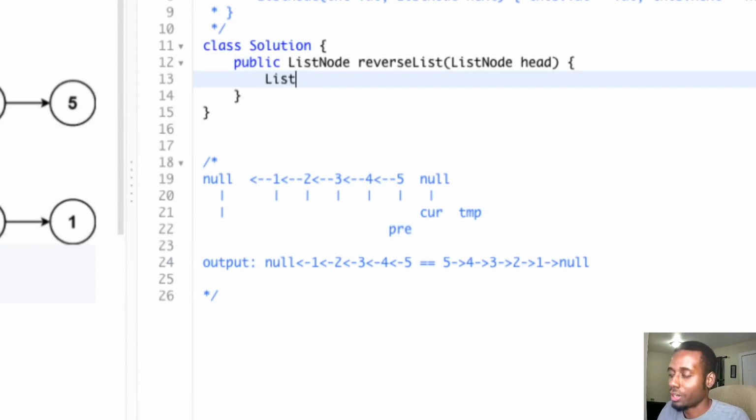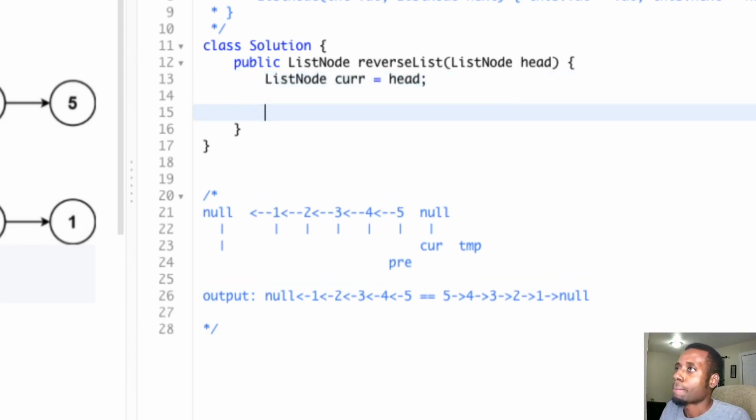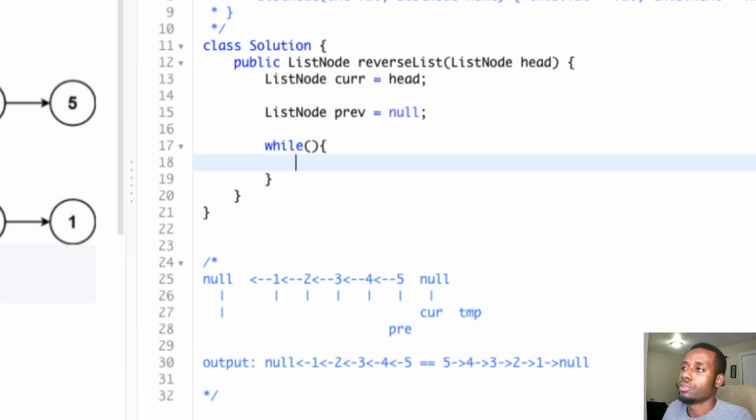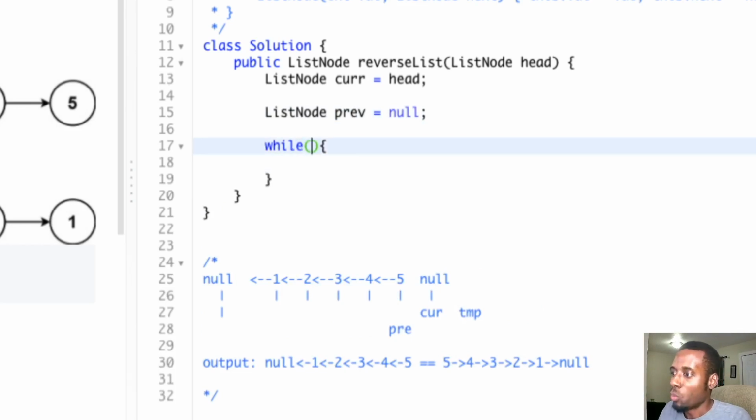So now, guys, we're going to take a reference of the head, right? So now that we have the reference, I told you guys we're going to need to introduce those kinds of variables. So we're going to need a previous variable, which is initially equal to null, right? Now we're going to have this while loop that's going to be very beneficial to us, okay? So while the current node is not null,